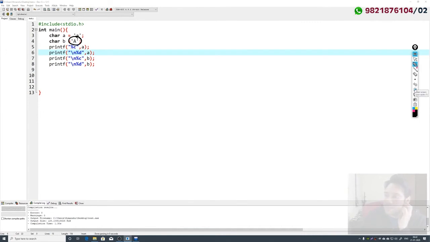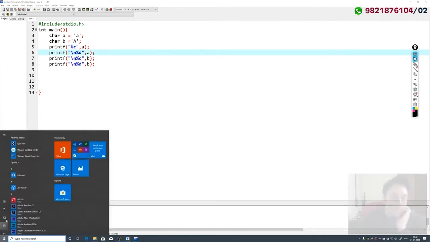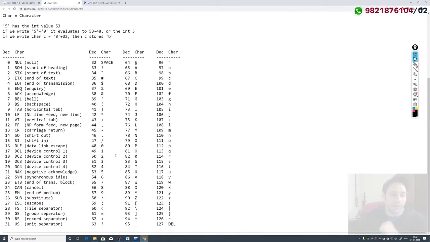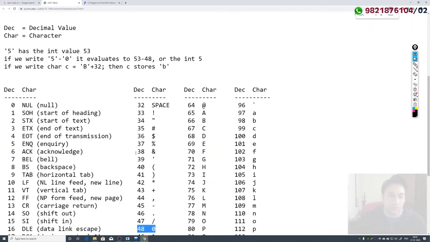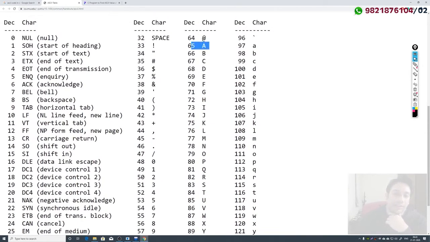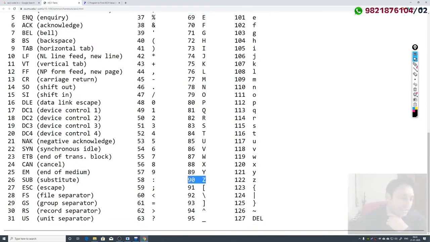Okay. So I hope it is clear. But if you see this ASCII table, you should remember a few things. If you can see it, you will find that for 0 I have the value 48 in ASCII characters. If it is not visible, let me zoom in a little more. So for 0 we are using the value 48, for 1 the value 49, for 2 the value 50. In the same way for 9 we are using the value 57. Okay. For capital A we are using the value 65, for B it is 66, for C it is 67, for D it is 68. In the same way, for capital Z it is 90.